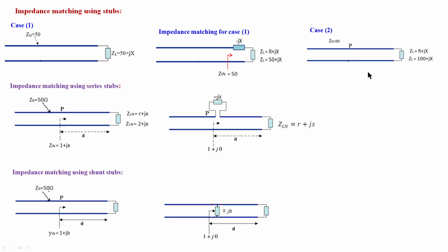But usually we find the distance using the Smith chart. We are using the Z-Y Smith chart, so automatically the normalized impedance has to be considered. If you consider the normalized impedance, the real part becomes 1. So go on moving over the transmission line, and wherever you find the real part equal to 1, you stop. At that position, the reactance has also changed to some other value. You note down the normalized reactance value. At this position, at a particular distance, you connect the opposite reactance like this, and we will get a match.